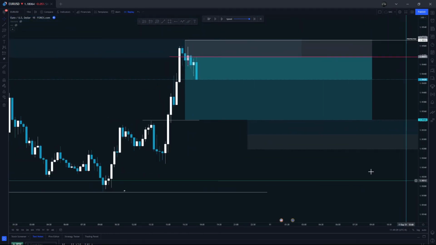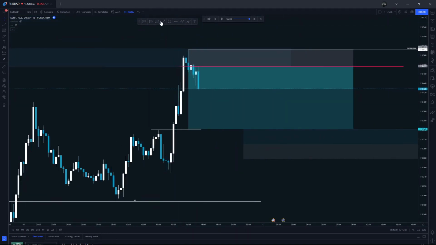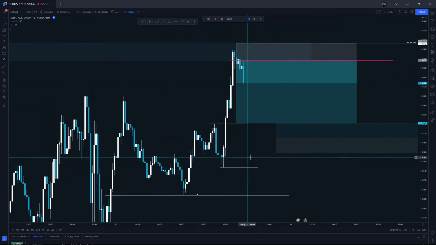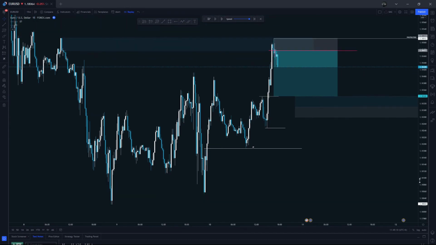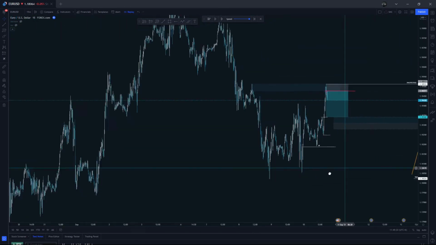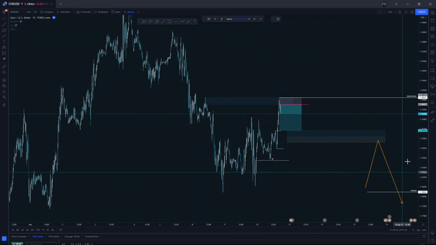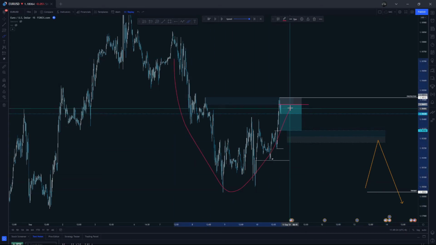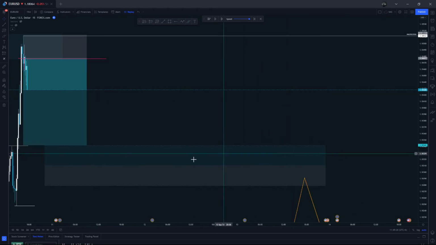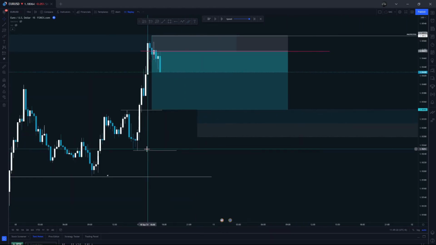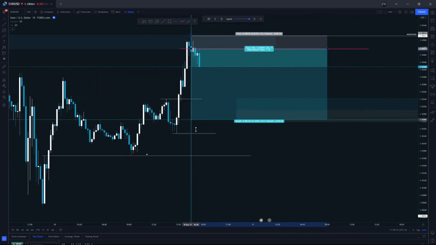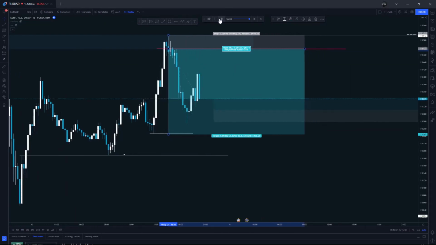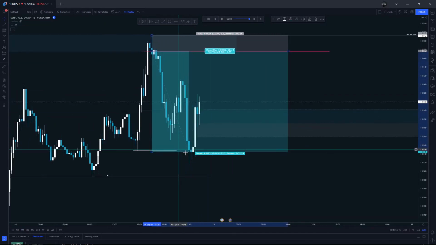I then look for my second partial, which is probably the low of this OB, liquidity low, or at the end of this OB, because technically the overall market structure, I'm expecting a bullish rundown. That's why I marked it down, because I'm expecting this. I'm expecting price to go way lower. That's why I put my partial here. This is partial 2. As soon as partial 2 hits, I'll probably move my stop loss. So it hit here, I'll probably move my stop loss here.